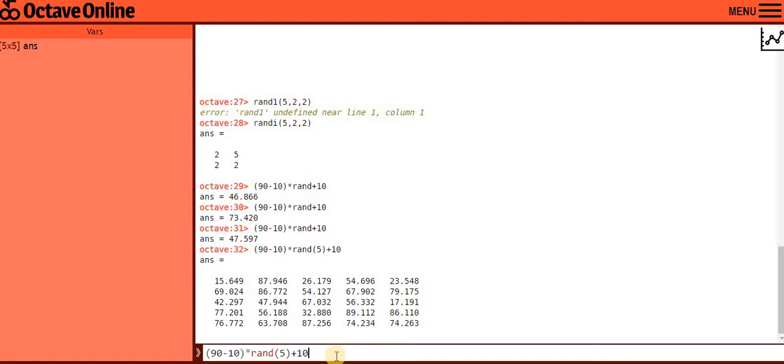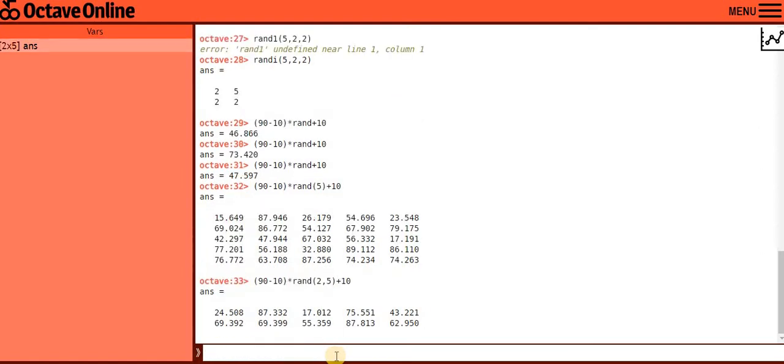Now let's say I want to create a rectangular matrix and not a square matrix. Now there is a 2 cross 5 matrix, that is 2 rows and 5 columns, and the values are randomly generated and all values are from 10 to 90. You can change the range. It's not specifically 10 to 90. It's up to you. You can change the range by yourself.